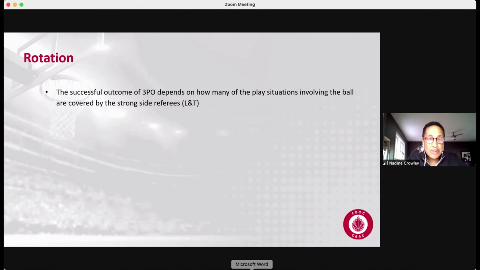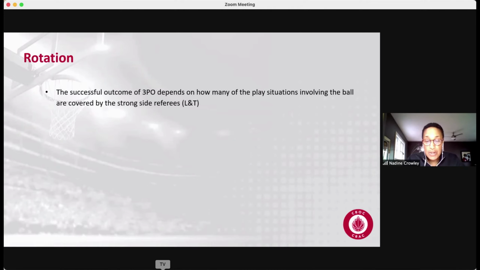So, talking about rotations, we talked a bit about it last week, but I'll be talking about the need, the timing, and the proper techniques of a rotation in three-person officiating. So, really, to work successfully as a crew,